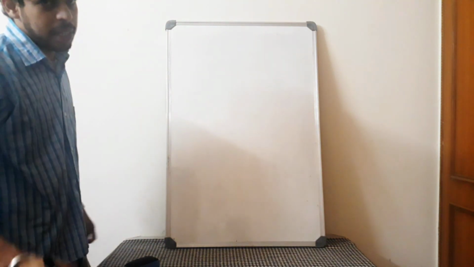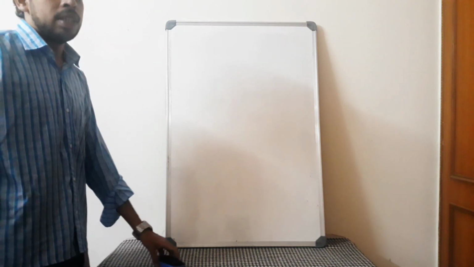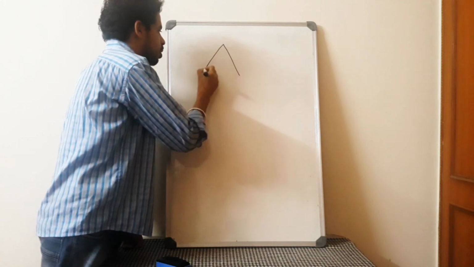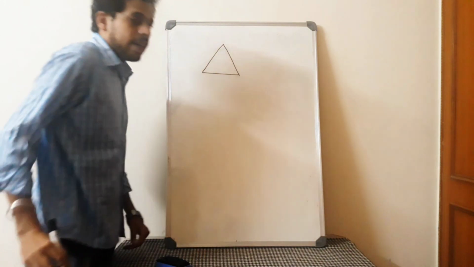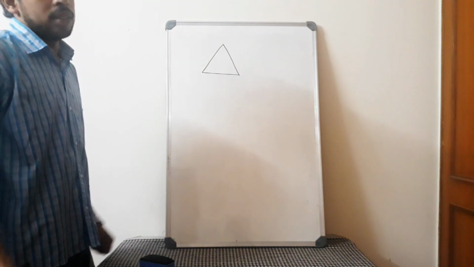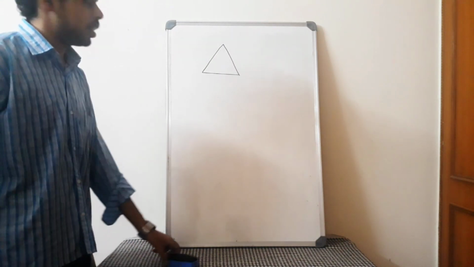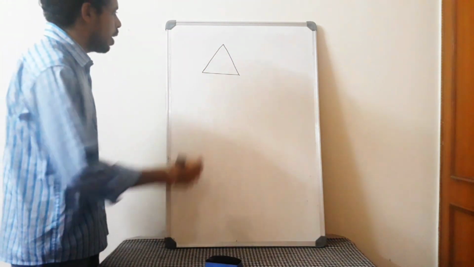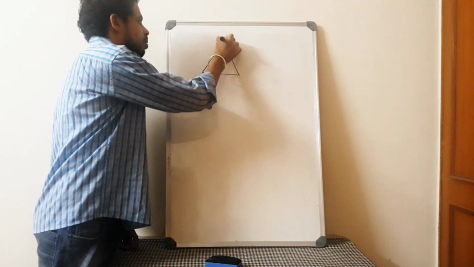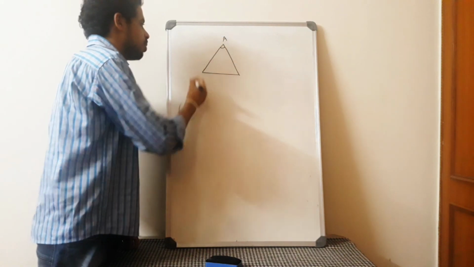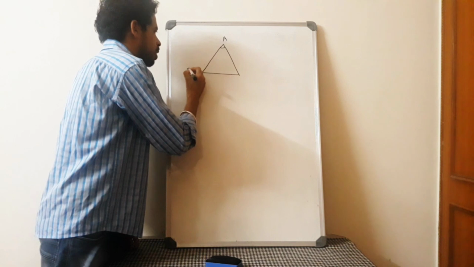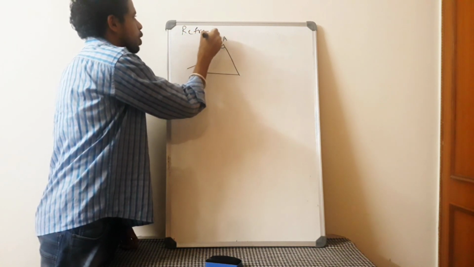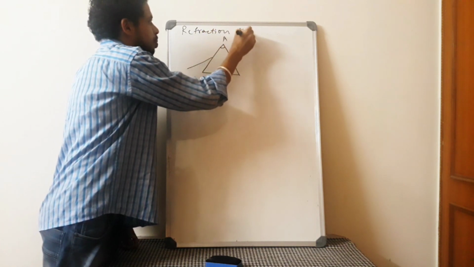Okay, refraction through prism. I think you all have seen a prism in your school laboratory or college laboratory. A prism is a solid with a rectangular base and triangular surfaces, in which two are actually refracting surfaces. Here this is called the angle of prism A. This is called the base of the prism. Here if I take any ray passing like this, let me write this: refraction through prism.